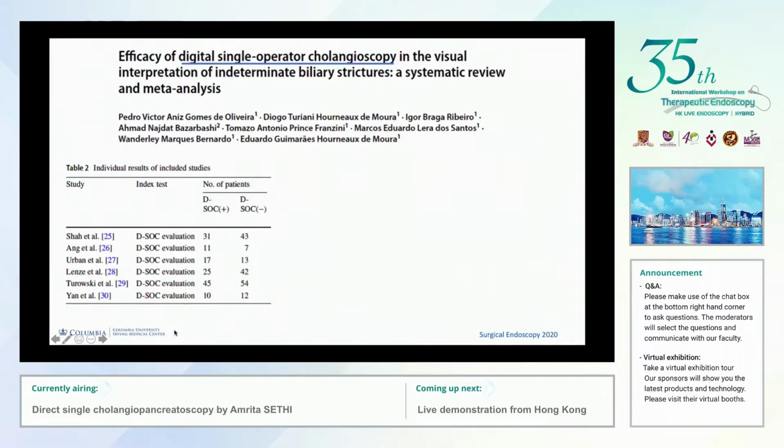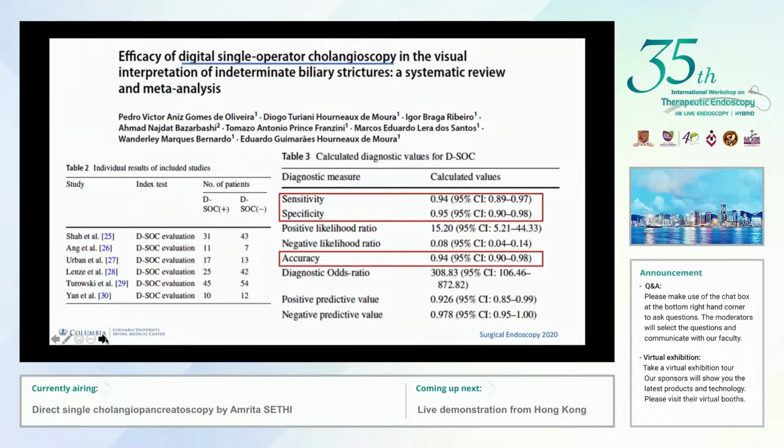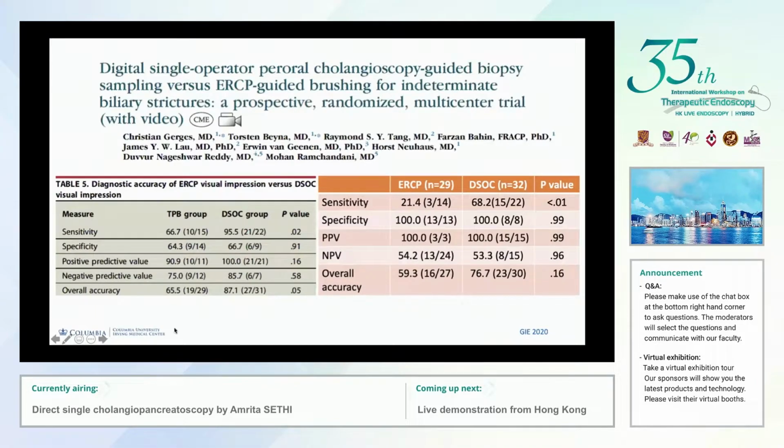In a systematic review and meta-analysis using only digital single operator cholangioscopy, this Brazilian group found that the overall sensitivity was 94%, specificity 95%, and accuracy 94%. And then in a randomized prospective trial comparing cholangioscopy guided sampling versus ERCP guided sampling, there was a significantly higher sensitivity based on visual impression, as we've seen in other studies previously using cholangioscopy, and also a significantly higher sensitivity in directly cholangioscopy guided biopsies versus transpapillary or ERCP guided